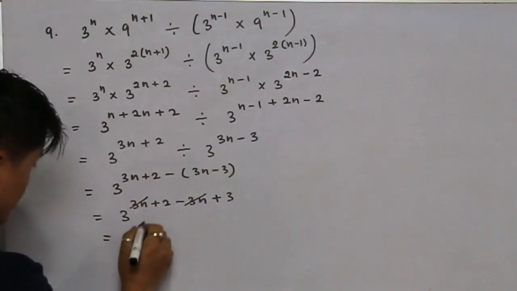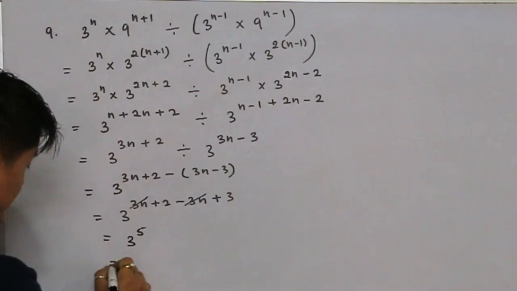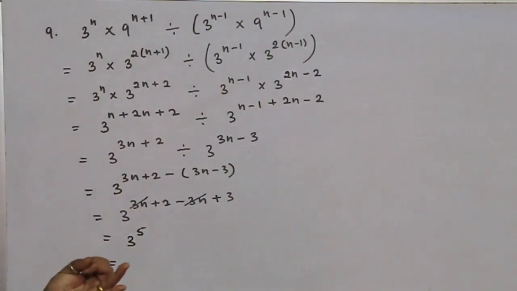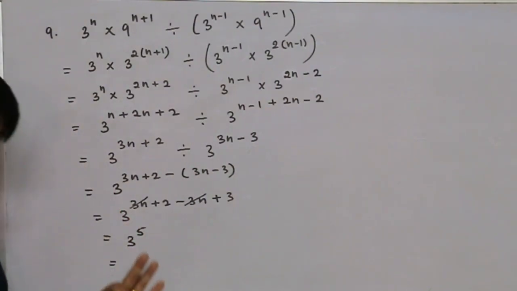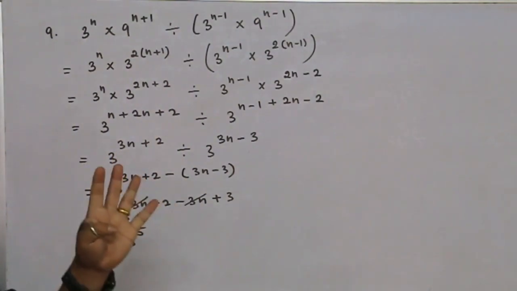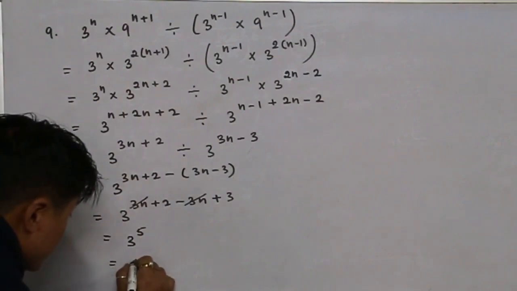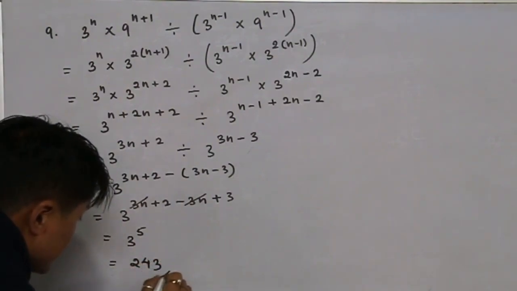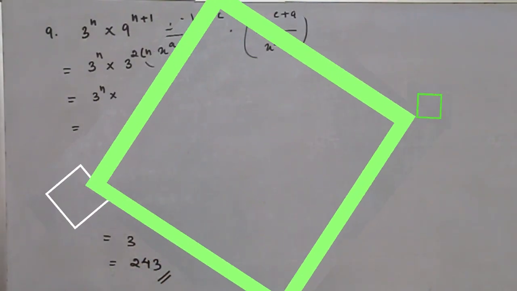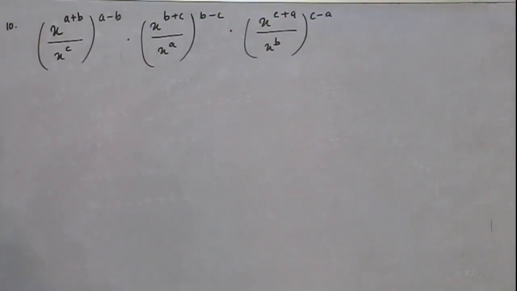This will become 3 to the power 5. 3 to the power 5 is how much? 3 3s are 9. 9 3s are 27. 27 3s are 81. 81 3s are 243. 243 is the answer. Question number 10 is x to the power a plus b whole divided by x to